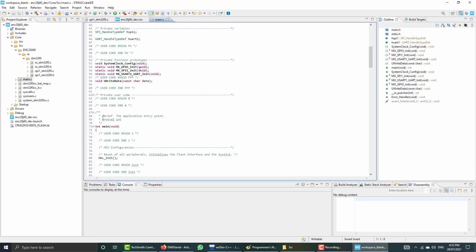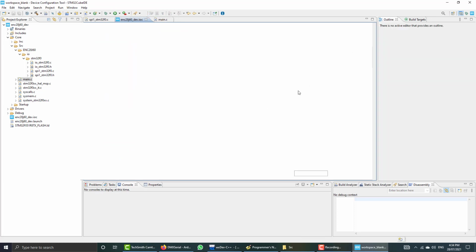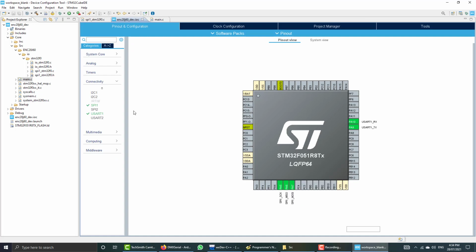We don't want this in the main file, because we want to keep all our driver related files in one place inside this ENC28J60 folder, so that it is easy to add to new projects, and every time we don't have to use this graphical tool to configure SPI. We will configure it only once as per our need, keep the code under this ENC28J60 folder, and in a new project we will simply add those files.